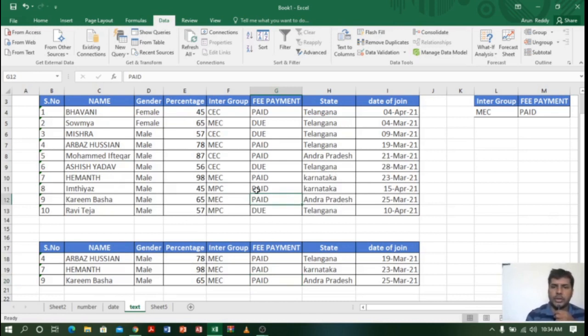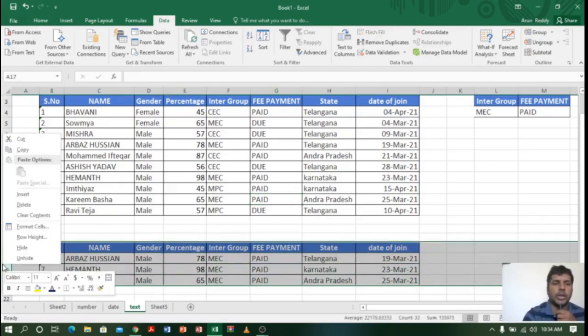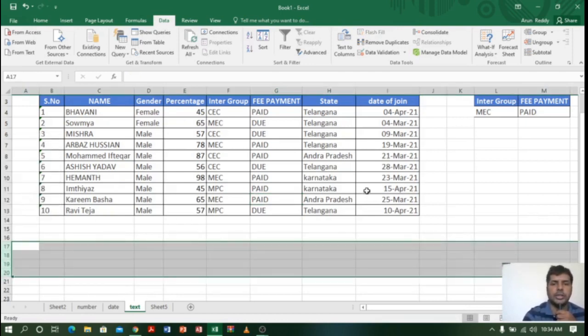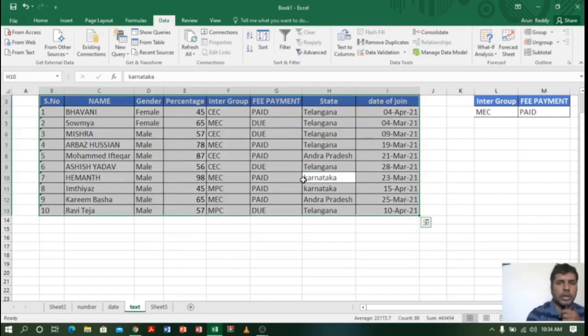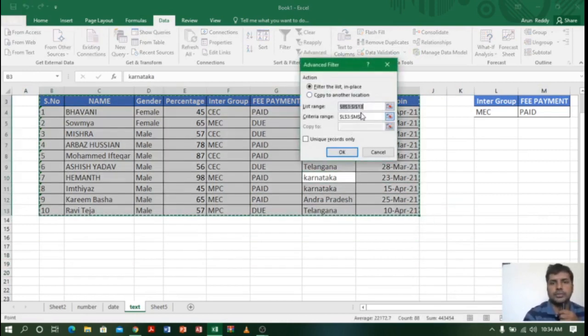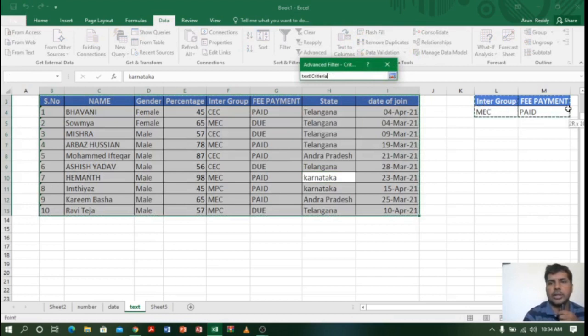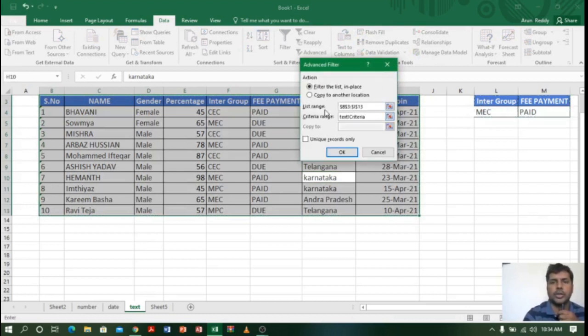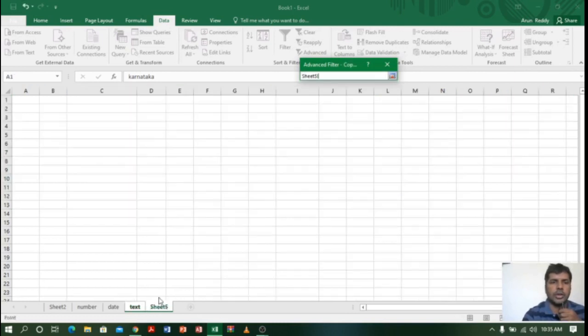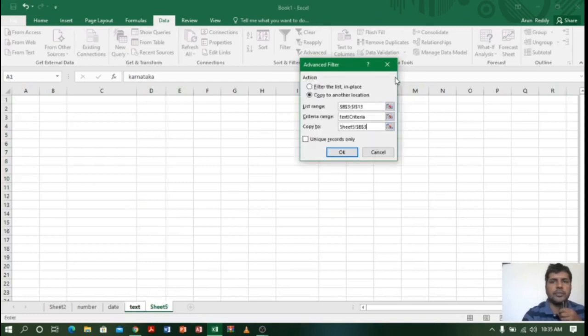Suppose if you want to paste the same data in the next sheet, how can we do it? Let us see. So I want to take a fresh sheet and paste there. So I will just delete this one. Again, I will select Control A, advanced filter, select the criteria. I will select the cells. Okay, now I want the location in the next sheet. So I will go to the next sheet. Okay, I'll just select criteria and go to the next. I will select here and click OK.